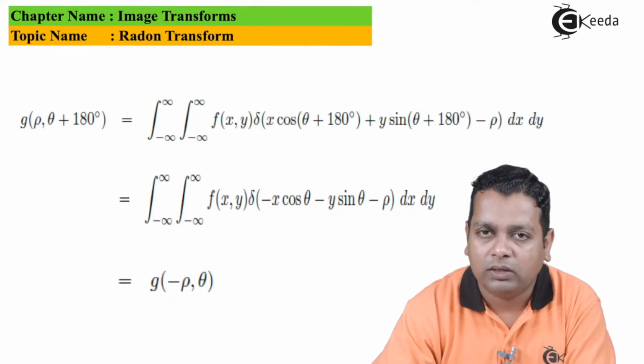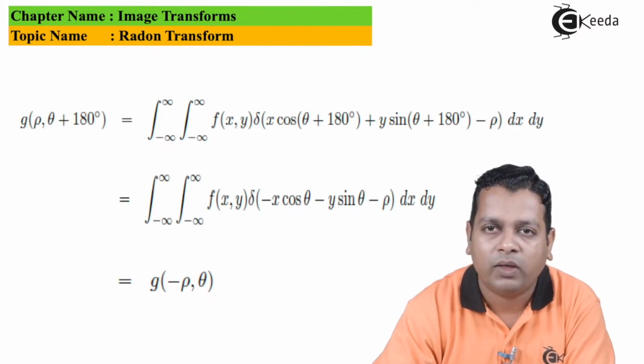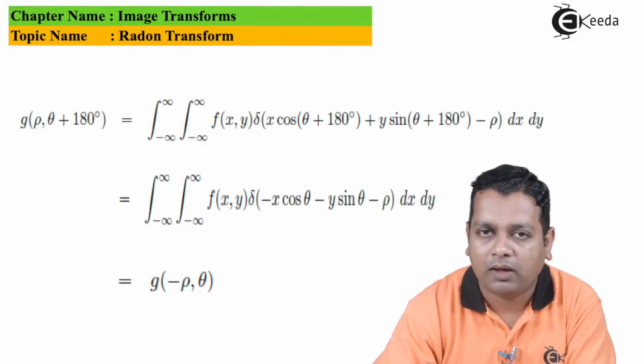So it shall be represented in the next step with more simplification to make these two terms negative. Cosine of theta plus 180 degrees will get us minus cosine of theta. Similarly for sine theta also the changes will be made here. Next we have the very simplified representation. This is nothing but g of minus rho comma theta. So if you make a change of angle of 180 degrees, it will actually be a reversal, and this will get us to the form g of minus rho comma theta.